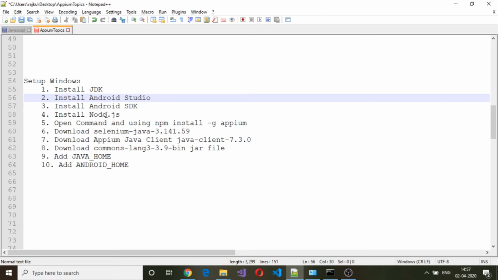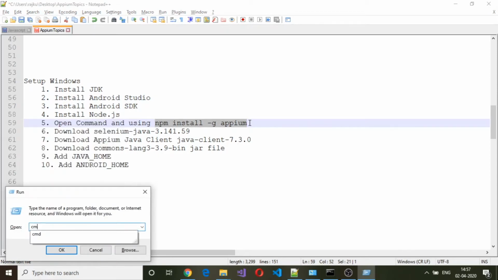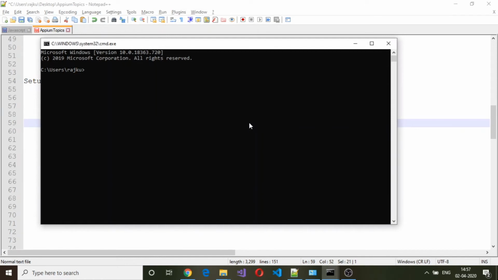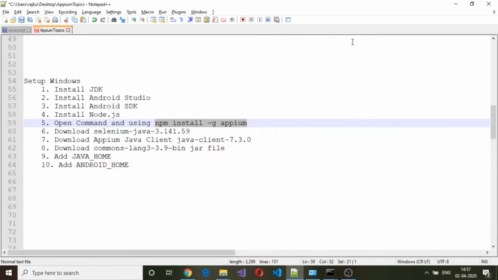Once Node.js is installed, you open a command prompt and use npm install to install APM. So what we need to do is open up a command prompt and then type in npm install -g apm. So this is the command which you need to type in to get APM installed. Okay, so that is the next step which you need to follow.